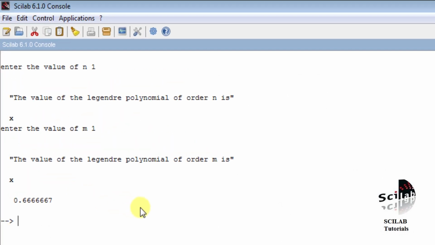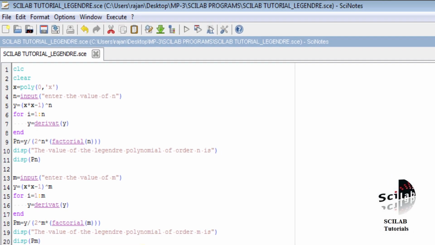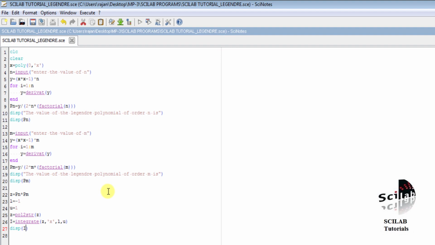So that means we have verified the property of the Legendre polynomials, and we can do this in n number of ways. So this is the Scilab code to verify the orthogonality of the Legendre polynomials, and how we have done this. First we found the expression of the Legendre polynomials in terms of x.